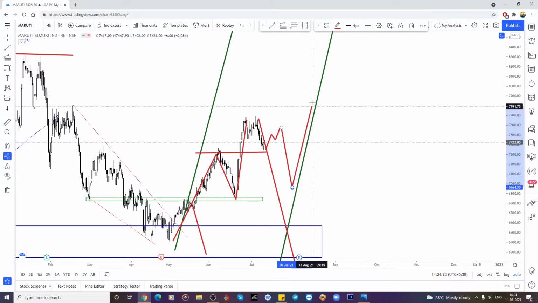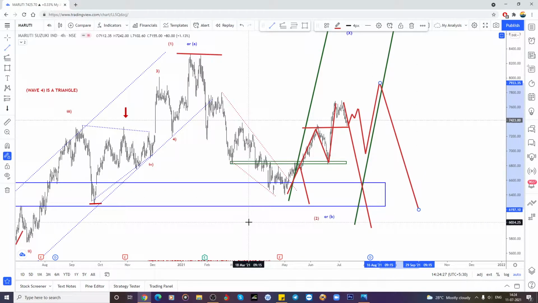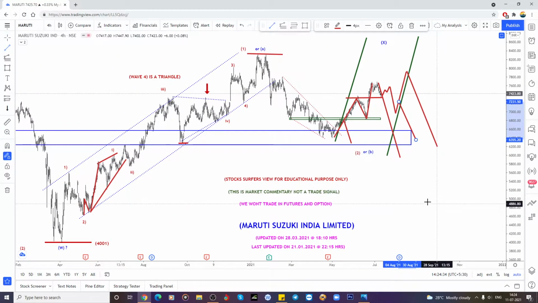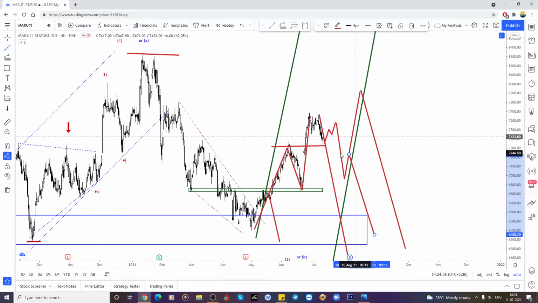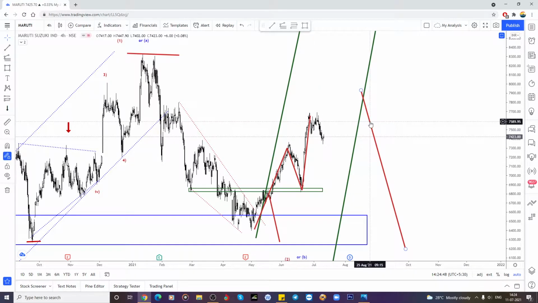After that there is a correction, and one more way to the downside is also possible. Otherwise it could bounce, it could retest from here also. But apart from that, I'm looking only for that sell here, but I want to trade the futures. But one more thing here, if Nifty keeps going to the higher side,